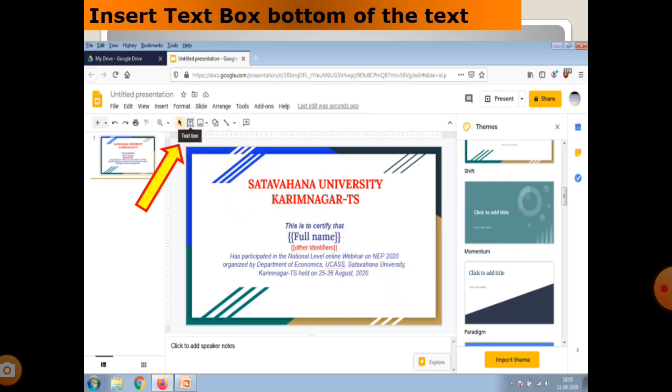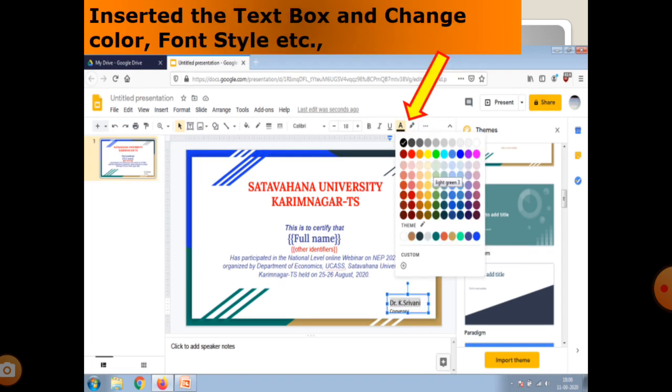After clicking the text box, I get the text box, and now I typed convener, and my name is also there. I would like to change the font colors. Now I change the font colors, and the three dots are also there. I would like to align it to the center, so this option is there. This is for the new text box.